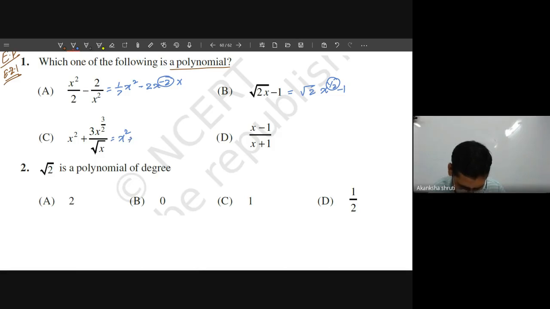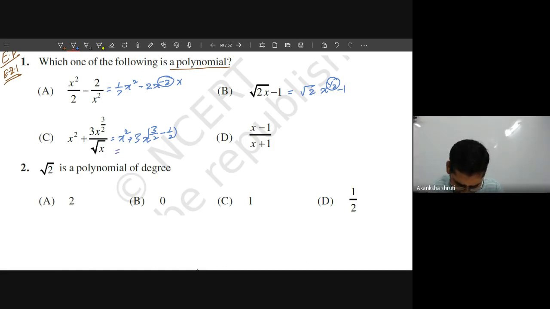It is like plus 3. What is this? In the denominator, it is x to the power 1 by 2, and in the numerator, it is 3 by 2. So it will come as 3 by 2 minus 1 by 2. Okay, students, are you getting it? Yes, sir. Because the 2 in the denominator and the 2 in the power will cancel. Root x means x to the power 1 by 2.